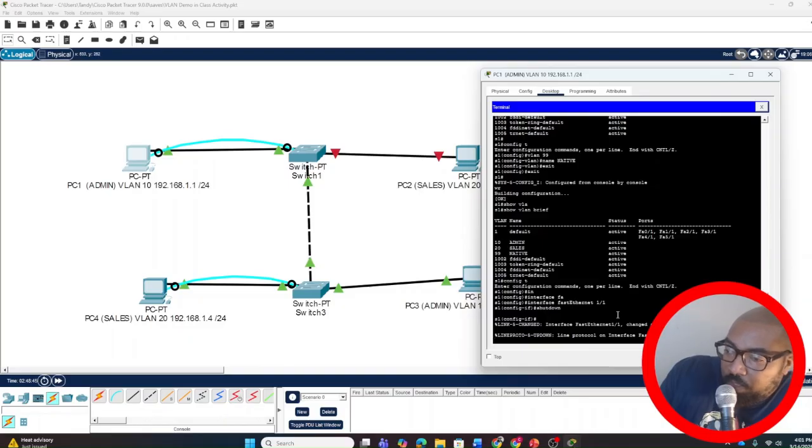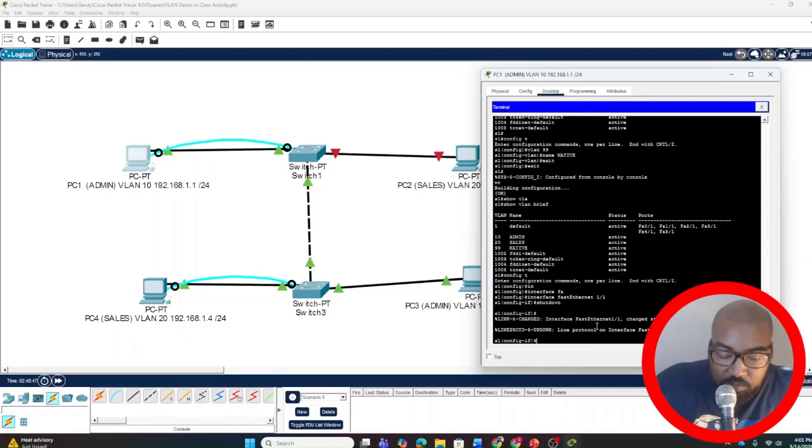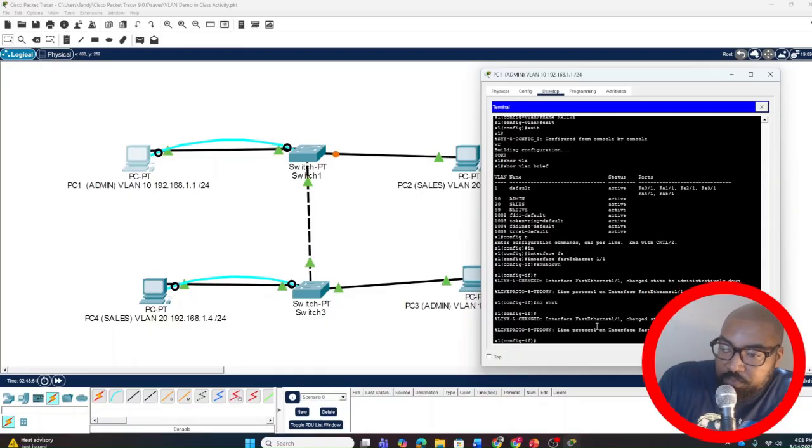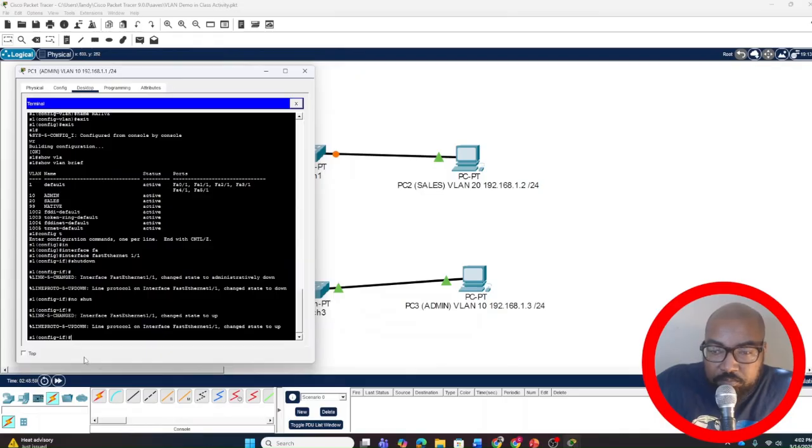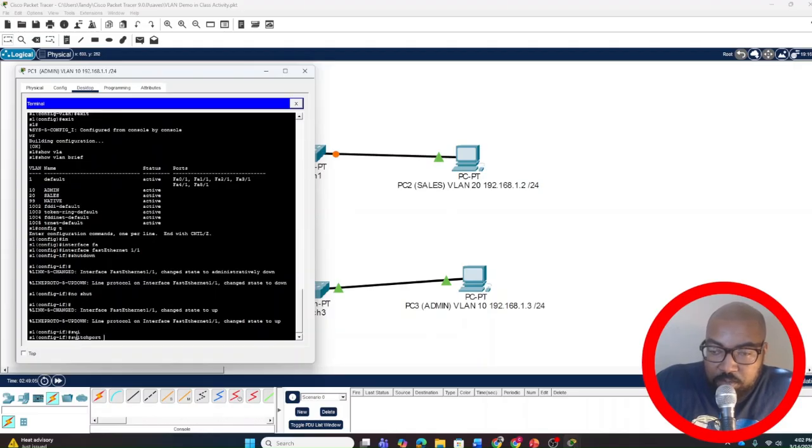We're working with 1-1. All right, so let's try this. Let's go back to no shutdown. We want to turn everything back on. All right, so here we go. Watch the command here. This is what we're going to do. Let me move this over here so you can see. All right, so the command is this: switchport mode